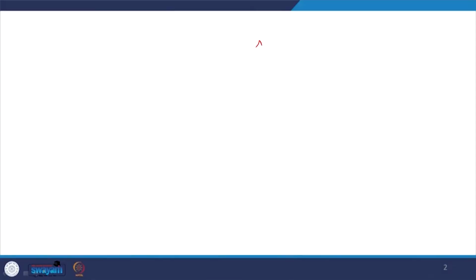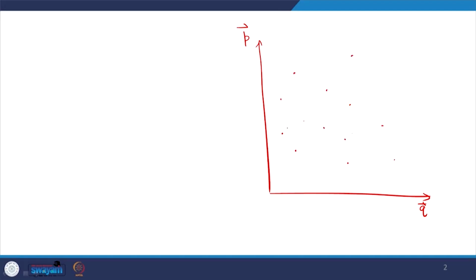So the essential idea, and I am again redrawing the phase space, is that we want to sample the points in the phase space. Unlike the molecular dynamics simulation, where we follow the trajectory starting from a phase point, we take for our advantage